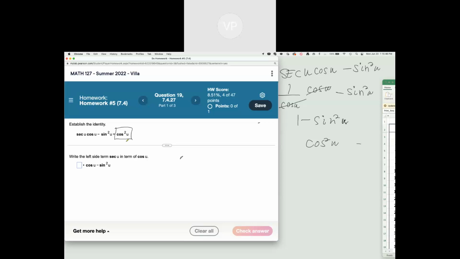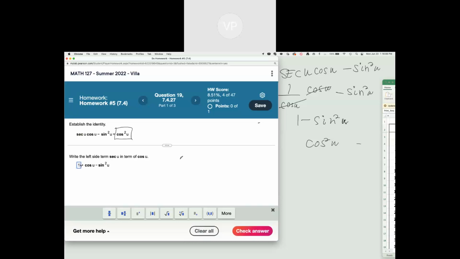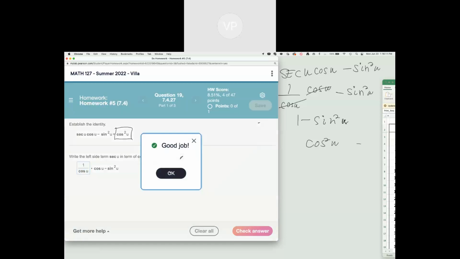So I've proven the 2 sides. But they're not asking for every line. Well, they might, but read what they ask. This one says, write the left side term secant in terms of cosine u. So all they want you to do is take this one term. See, they left the cosine, they left the minus sine square u. They want you to rewrite the secant as 1 over cosine of u. That's it for